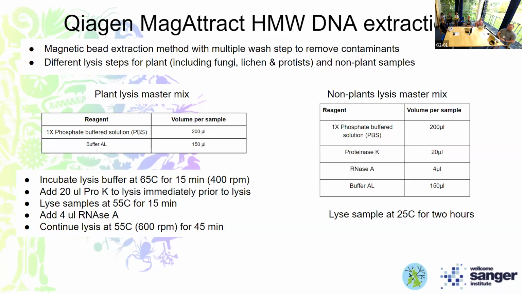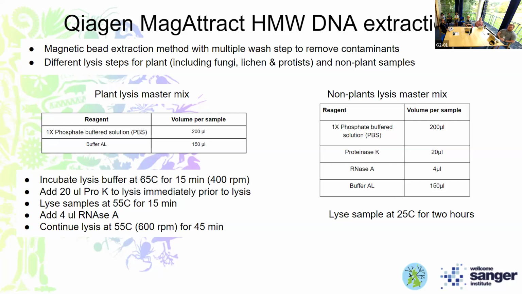I've got 2 tables up on the slide, which show our different lysis master mix for both of these extraction types. For the plant lysis, we have per sample 200 microliters of 1 times PBS and 150 microliters of buffer AL, which are mixed together and incubated at 65 degrees for 15 minutes at 400 RPM. Immediately prior to lysis, we add 20 microliters of proteinase K for each sample, swirl the mixture around, and then add 370 microliters of lysis buffer to the samples, give them a quick vortex, and lyse them at 55 degrees for 15 minutes. After that 15-minute period, we add 4 microliters of RNase A,